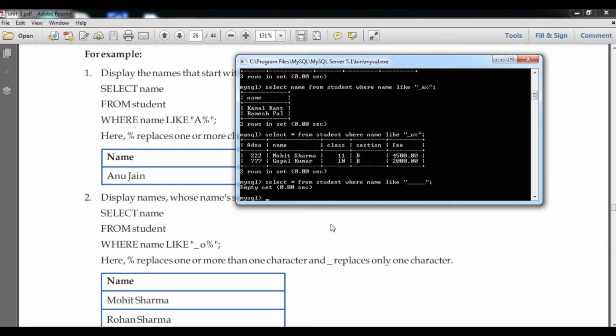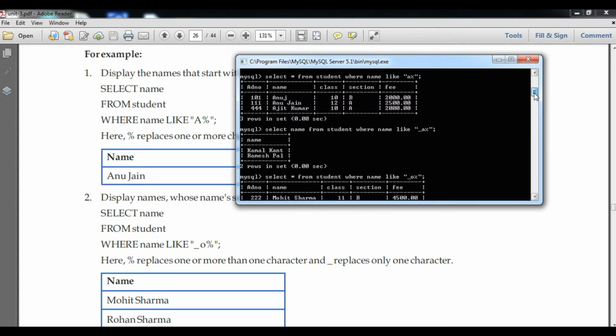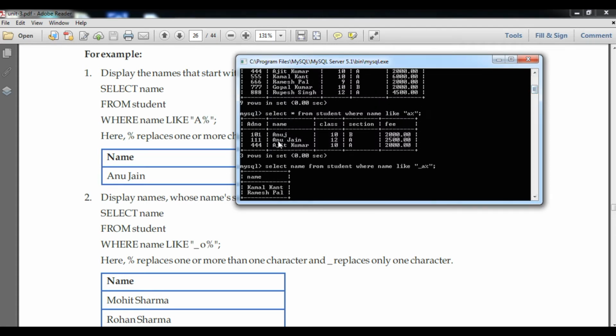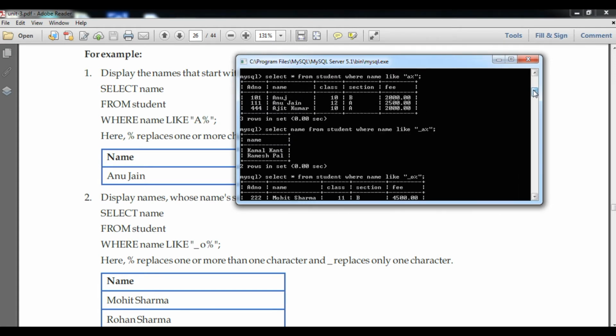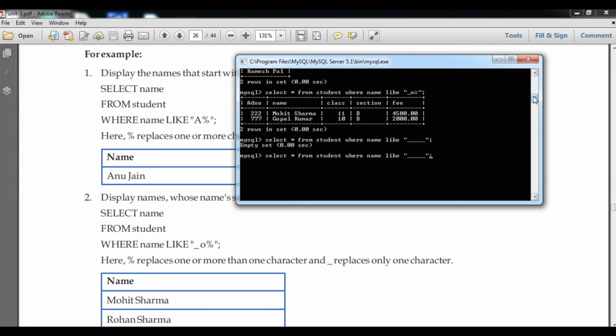Here no student has a 5 character name, so I will check if any student has a 4 character name. Anuj is one of the students, so I will type the 4 character command. Now you can see Anuj has come.